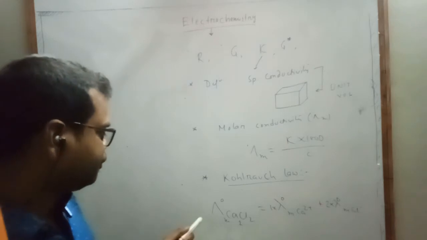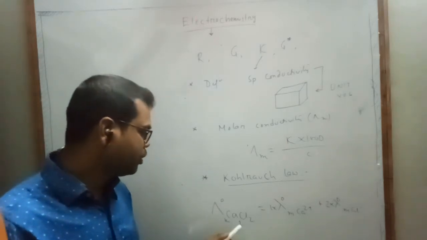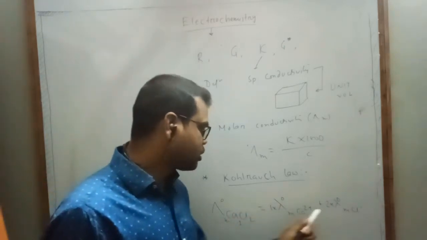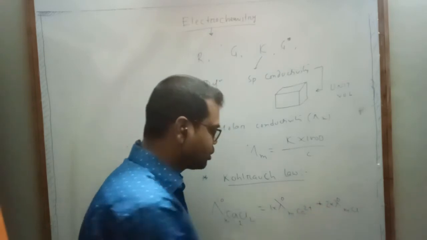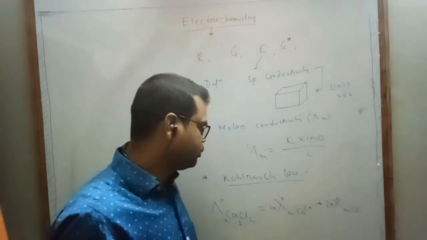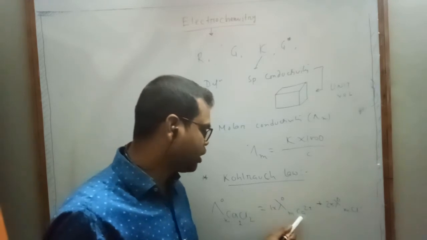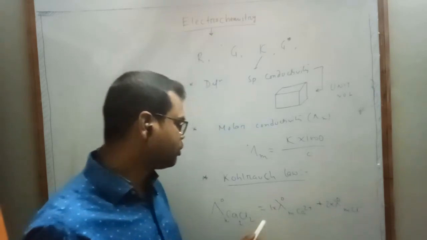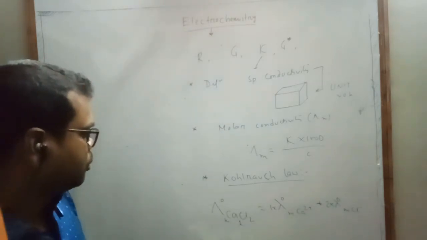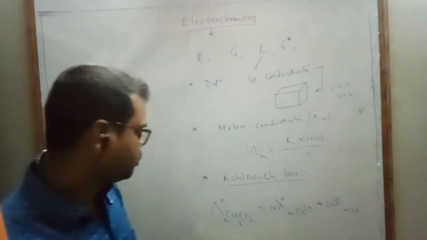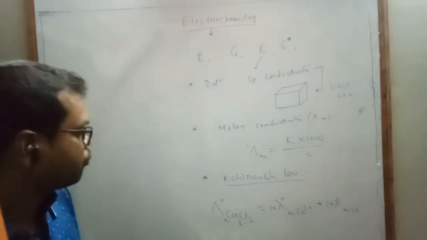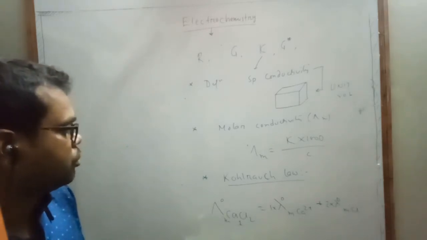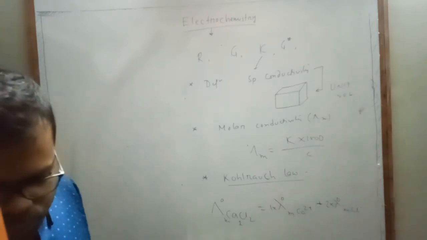So the limiting molar conductivity of an electrolyte is equal to the sum of the contributions of the ionic conductivities of the individual cation and anion, each multiplied by a number which is present in the stoichiometric ratio, or which is present in one formula unit of the electrolyte. So this is what we have learned about Kohlrausch's law, and by applying Kohlrausch's law we have to do